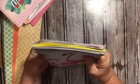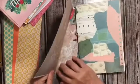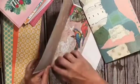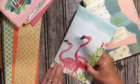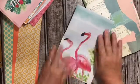But I want the back. Okay. I'm going to move it up just a little bit. Okay. I want the back to, I don't want to have to cut any off the back. So,